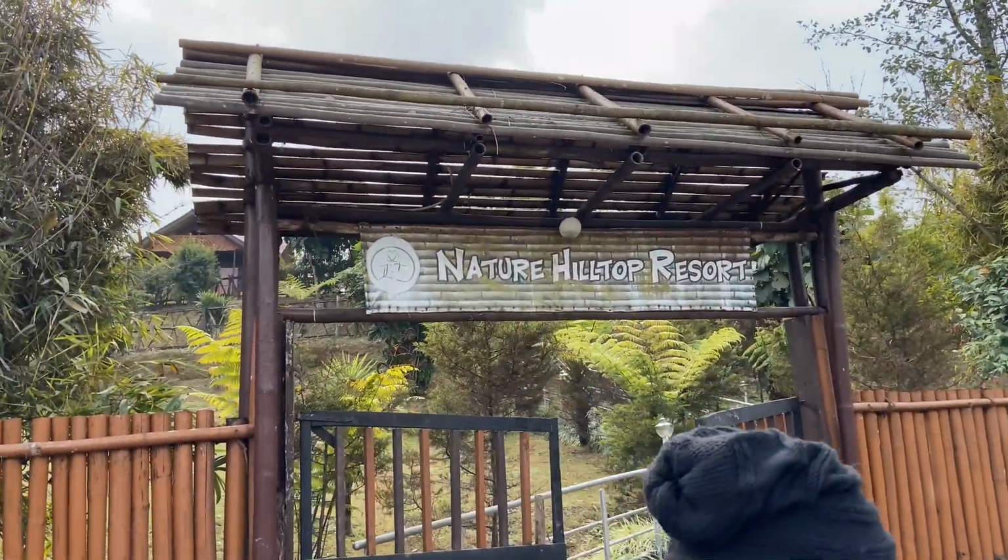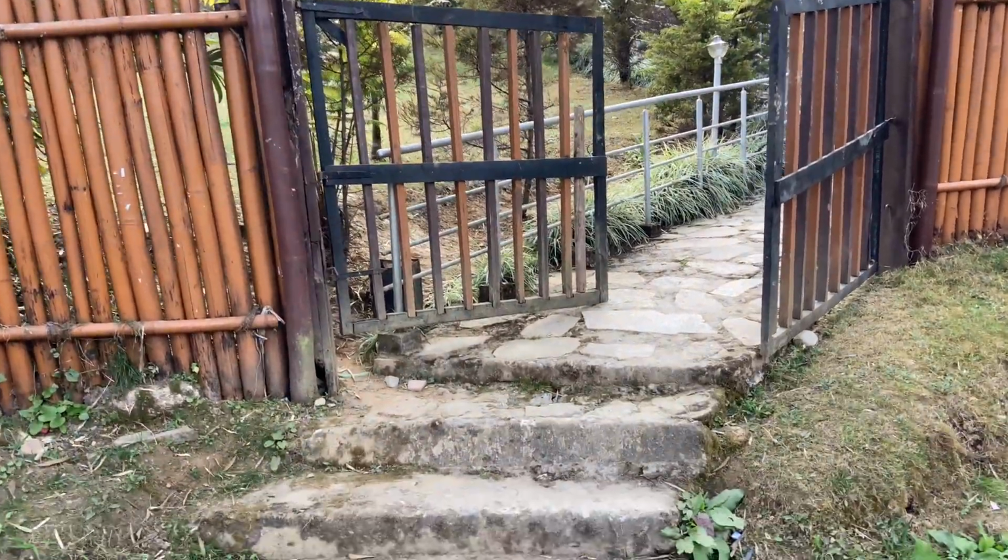So this is the resort where we are staying in. This is the entrance and